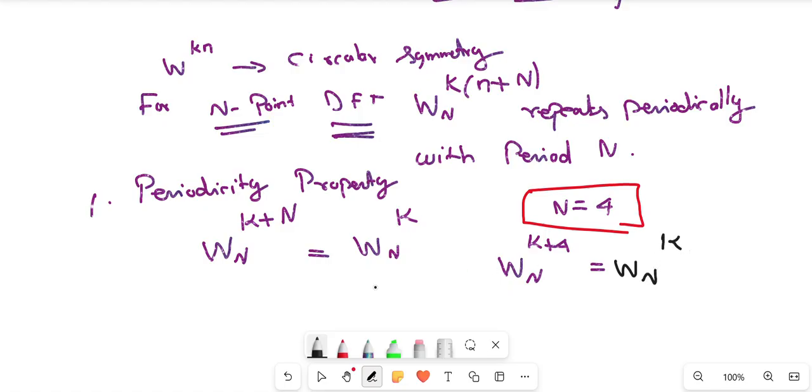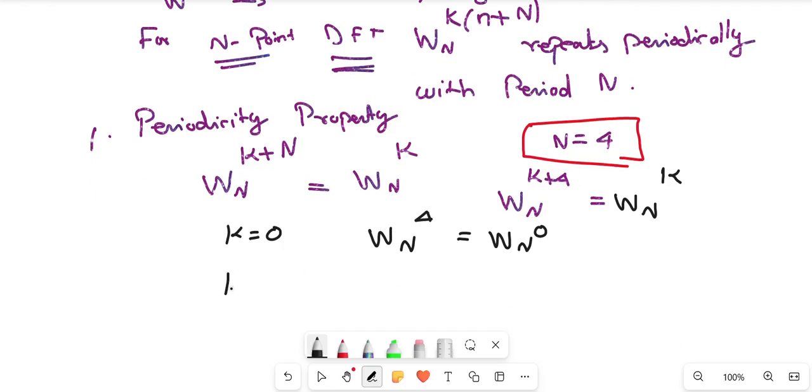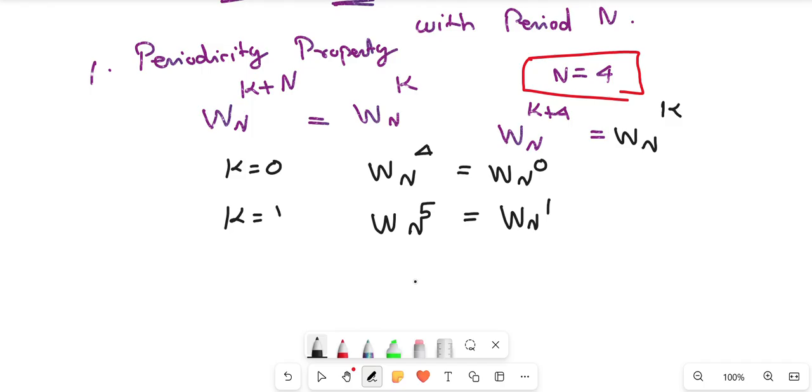So k equal to 0 means W power 4 is equal to W power 0. If k is equal to 1, W power 5, that is 4 plus 1, is equal to W power 1. Similarly,